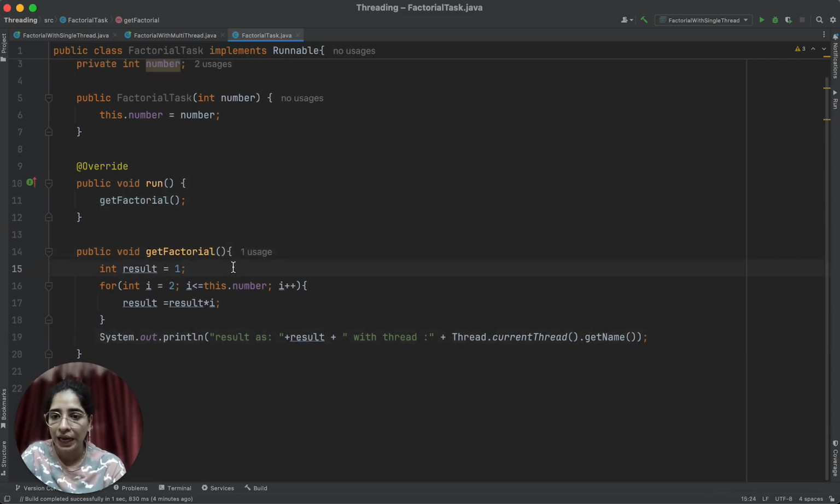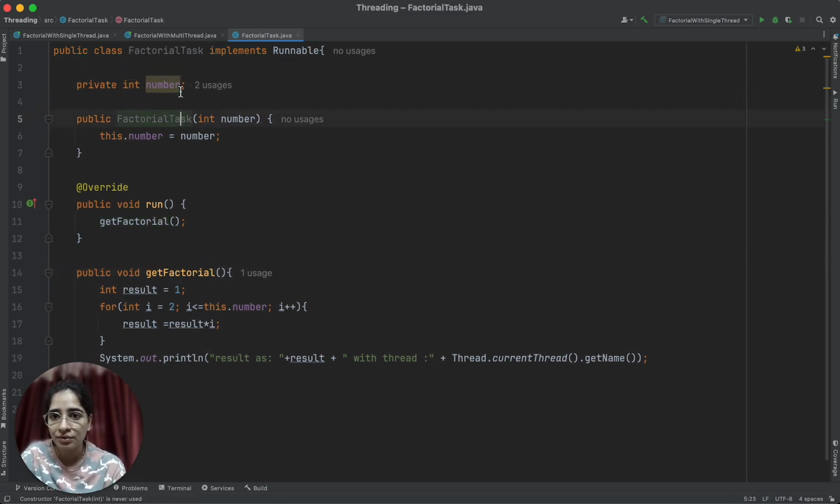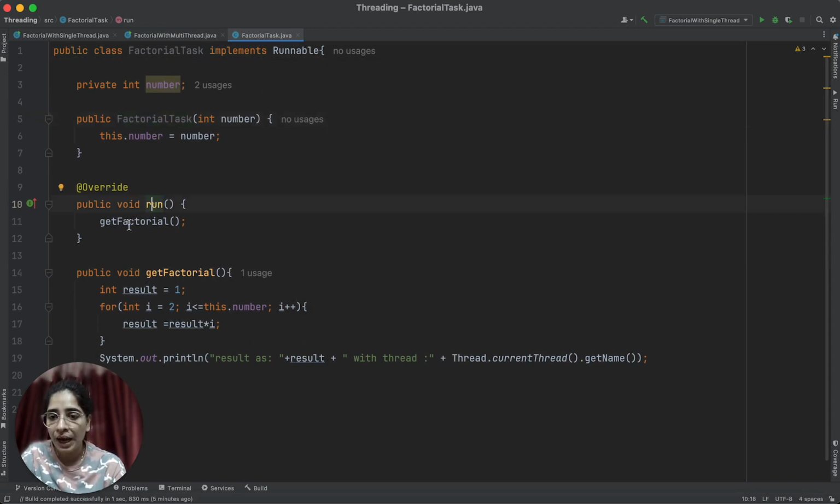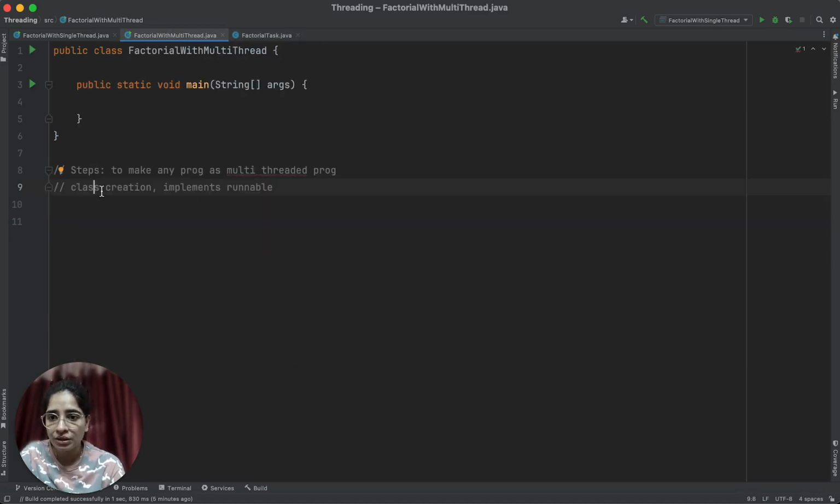Because I wanted to calculate the factorial in a multi-threaded program, I have created this class which is implementing runnable, and from this run method I am calling this factorial method so that this can run in a multi-threaded pattern. I'll go back here. This class has been created.